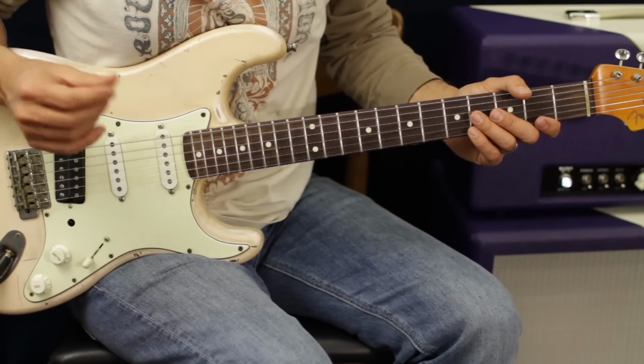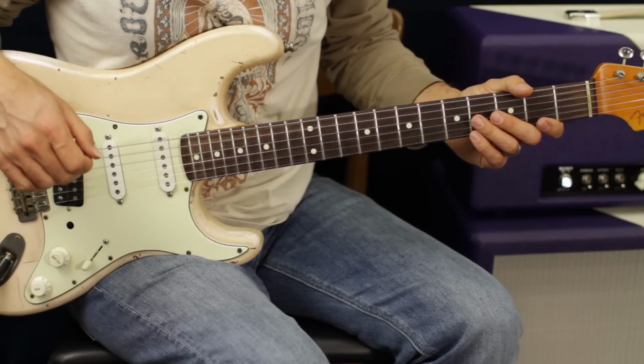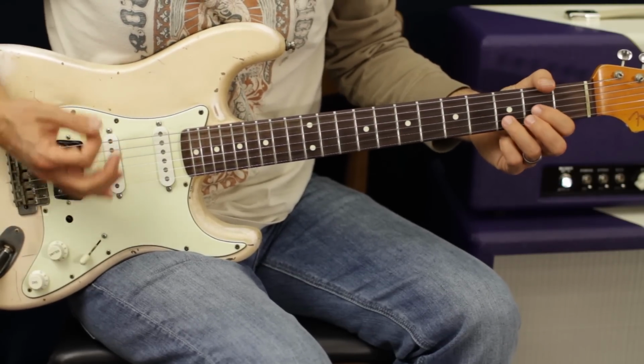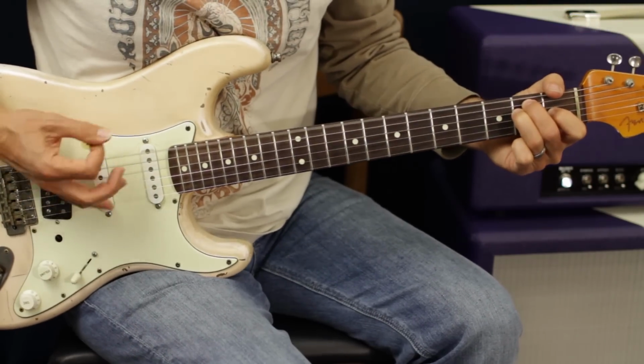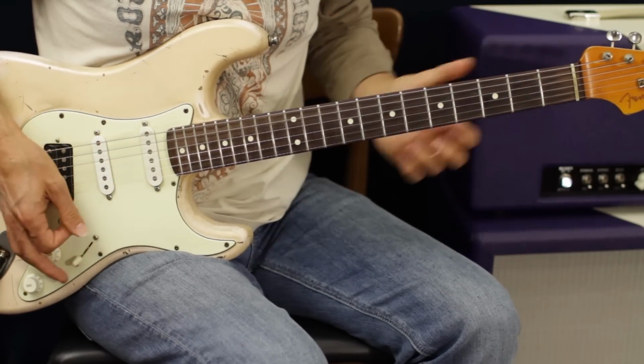Very, very cool. So we're basically going to get into the solo going from D to E. Okay, so it's going to go 1, 2, 3, and 4, 5, and 6, and 7, and 8, and 1, and 2, and 3, and 4, 6, and 7, and 8. Which gets us to the solo, which is...